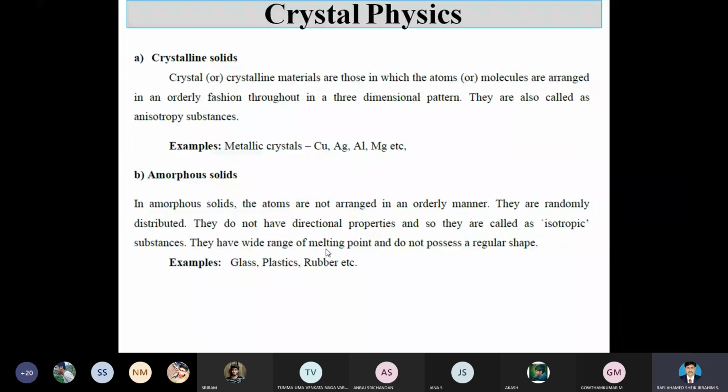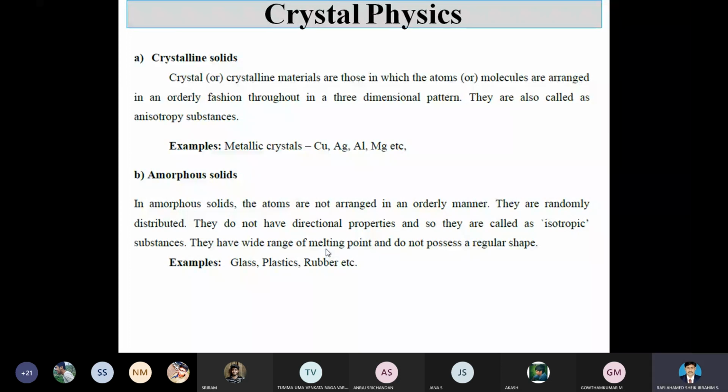So we know the crystalline and the amorphous. Crystalline means the atoms are arranged in an orderly way, a regularized manner. So whether the structure is a single-dimensional structure, or a two-dimensional structure, or a three-dimensional structure. So we know we have just three different types of dimensions: 1, 2, 3. 1 means a single direction, 2 means a double direction, axes x and y. 3 dimension means we are going to consider the three directions, x, y, and z.